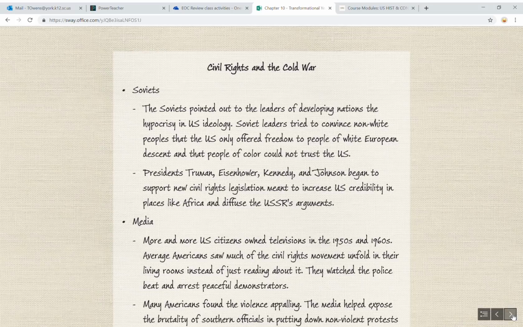It is a real issue, and Presidents Truman, Eisenhower, Kennedy, and Johnson are going to begin to support new civil rights legislation meant to increase our credibility in places like Africa, but also to diffuse the USSR's arguments. It's not always a fast process, but it's a process nonetheless. You can look at Eisenhower and Truman. Truman is going to desegregate the military. Eisenhower is going to send in the military to enforce desegregation. Kennedy and Johnson too with legislation. Just understand how big it is for the federal government to begin to act, and it doesn't start until